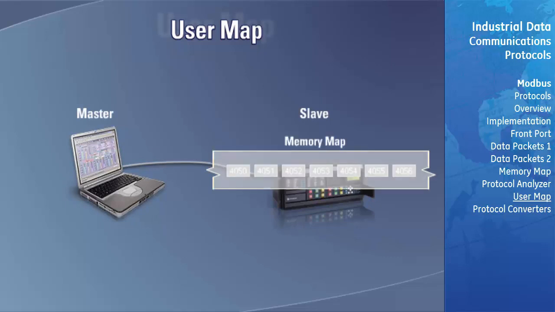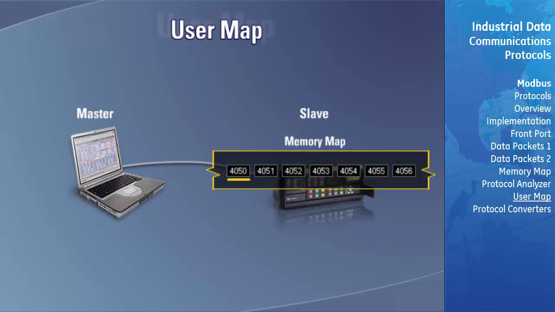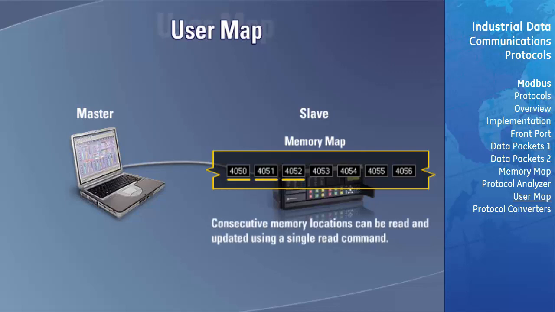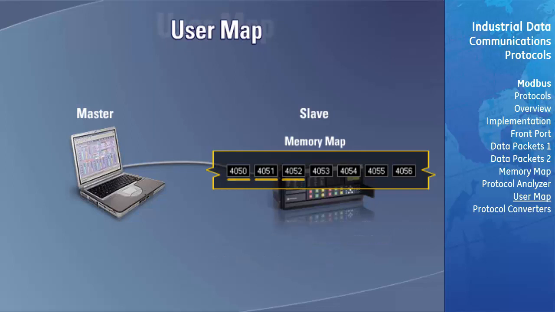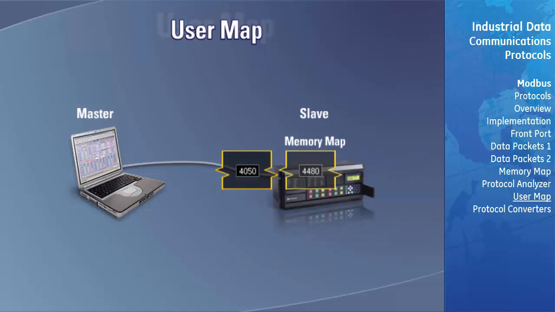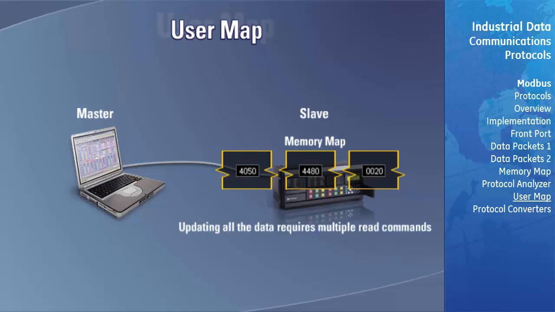If all the data that is required by the master is located in consecutive memory locations within the slave, it can be read and updated within the master's memory on a periodic basis using a single read command. This, however, is rarely the situation. Normally, the required information is located in several different areas of the slave's memory. To update all the data requires multiple read commands, increasing the required time for the master to get a complete